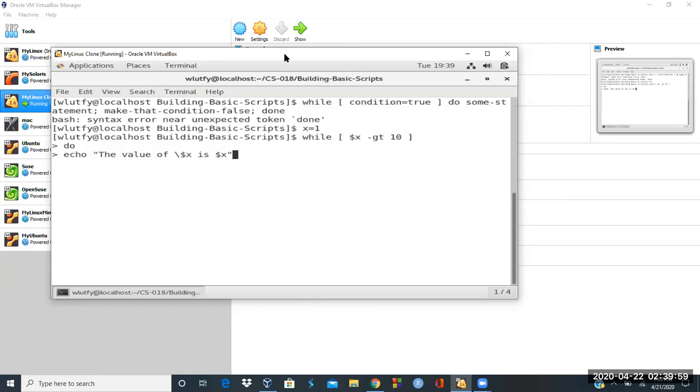echo does not have, for example, formatting such as left or right indentation and so on. You could do that with floating point numbers. You could print out certain ways with the printf statement. We will do some of the examples. I might have shown you already with awk, gawk and sed syntax. So at this time, let's say the value of $x is that, and then if I just say done here,